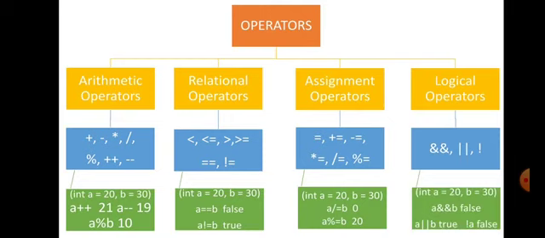Ampersand ampersand of A and B means on both sides the condition should be true. Since on both sides the condition is not true, finally it is false. A either or B means in any case it is going to be true, and not of A is finally given as false because A is true, so not A becomes false.